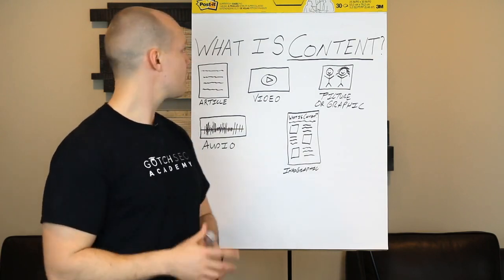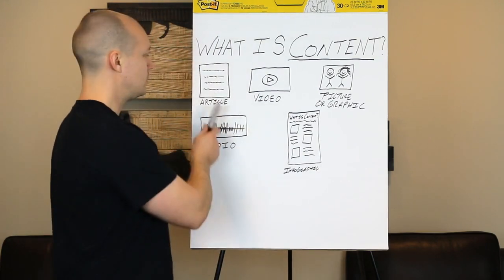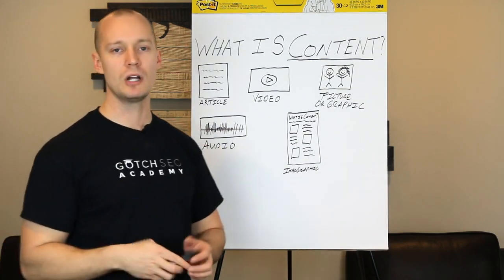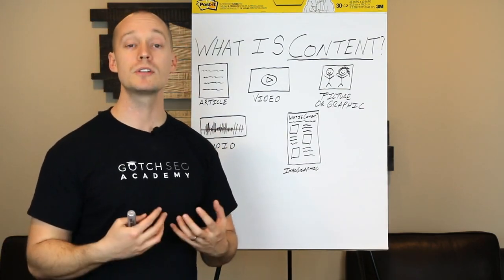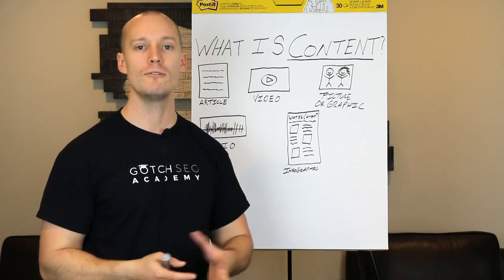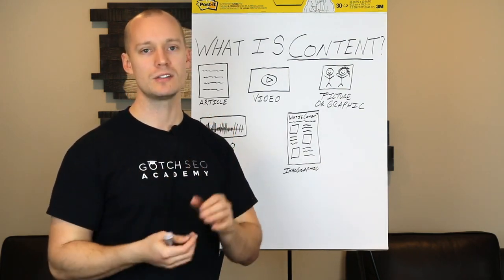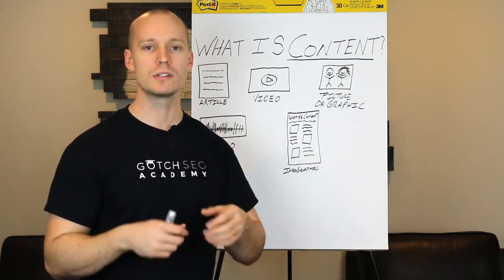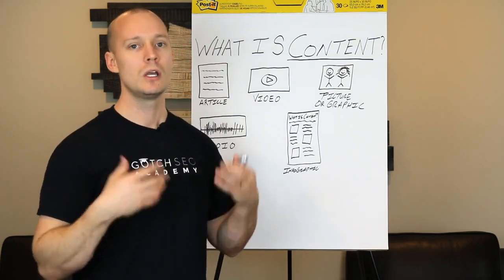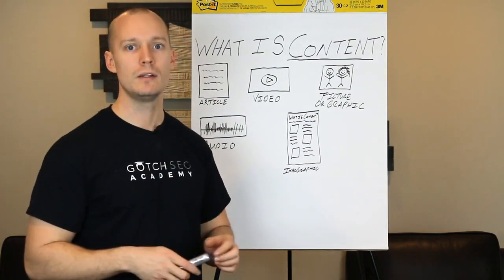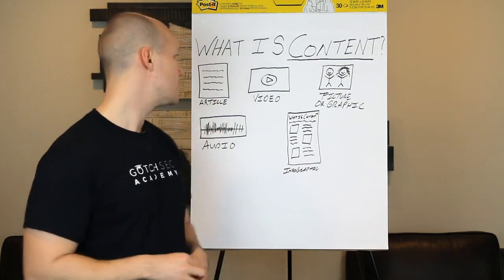The first type of content is, like I said, an article. This is the most obvious type of content, and traditionally most of your SEO-based content will have a significant amount of article-based content and a lot of words. So get used to having articles as one of your main go-to content types.